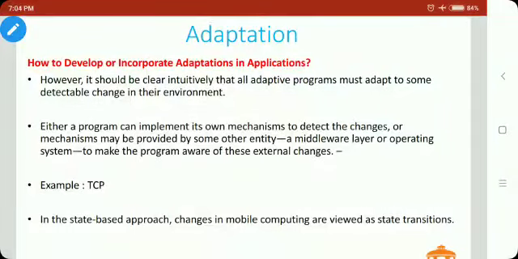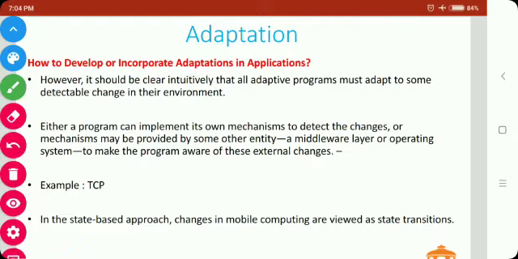Dear students, in this section we will see how to develop or incorporate adaptation in an application. In general, it is difficult to incorporate all the mechanisms that can be employed to construct adaptive programs. But it is clear that all adaptive programs must adapt to some detectable changes in the environment.